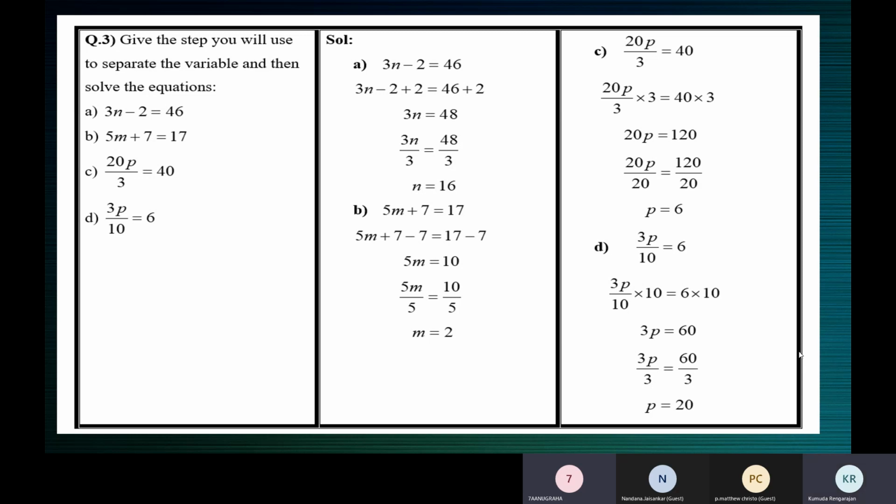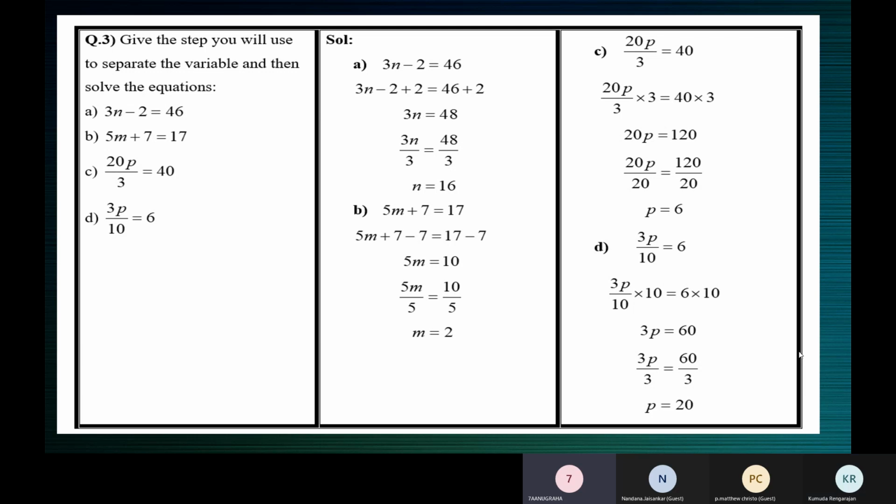What are you adding to both the sides? 2, ma'am. Why should you add 2? Ma'am, because minus 2 is there, so we have to remove that minus 2. Very good. Because there's minus 2, we need to remove that minus 2. So to remove minus 2, we have to add 2. Then minus 2 plus 2 will become what? 0. And it is removed. Very good. Yes, continue, Anugraha.